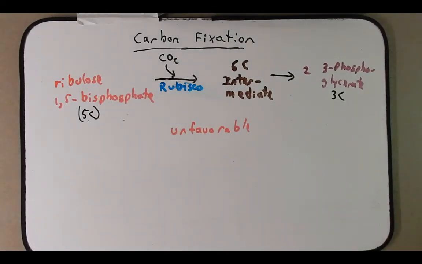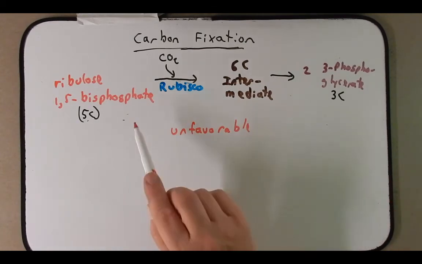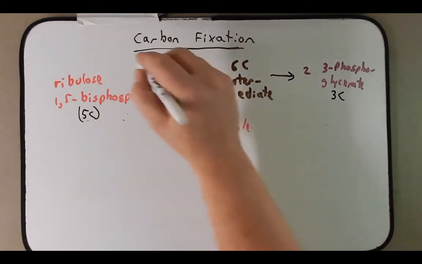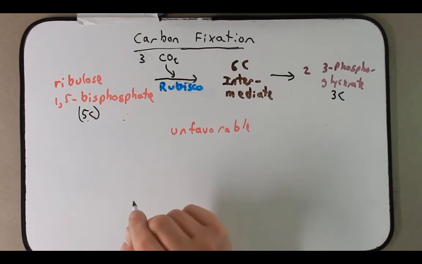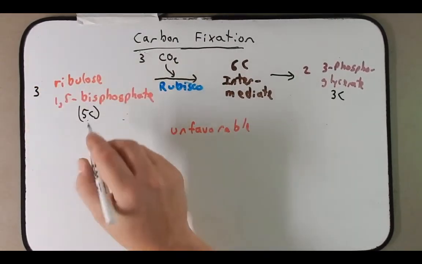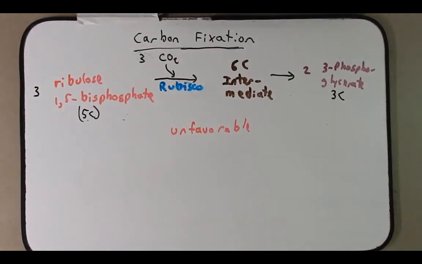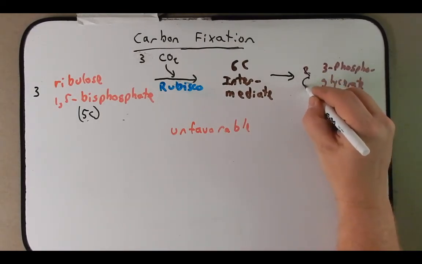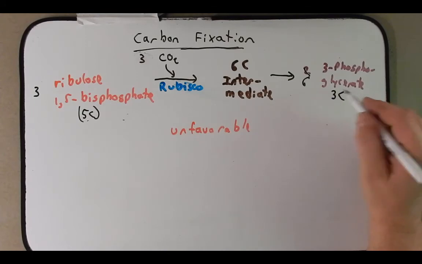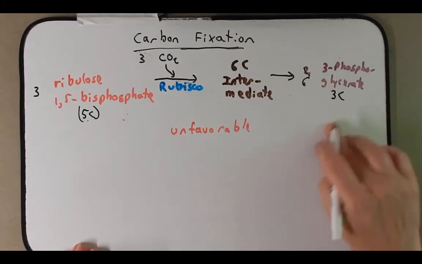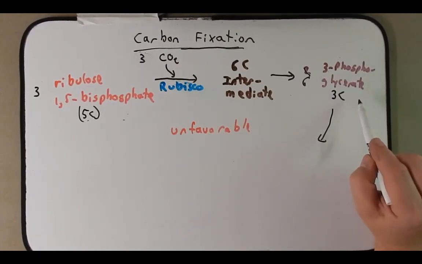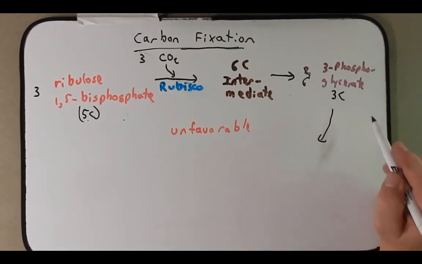So how are we going to replenish it? Well, we're going to replenish it by having this carbon fixation cycle, the Calvin cycle. Now, as we proceed with the cycle, I'm going to start off with 3 CO2s and 3 ribulose 1,5-bisphosphates. And because of that, with the 3 phosphoglycerates, I'm going to end up with 6 of those. So to get the cycle going, these 3 phosphoglycerate molecules, sugars, will be converted into